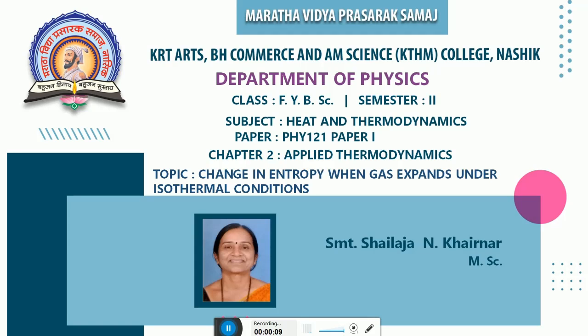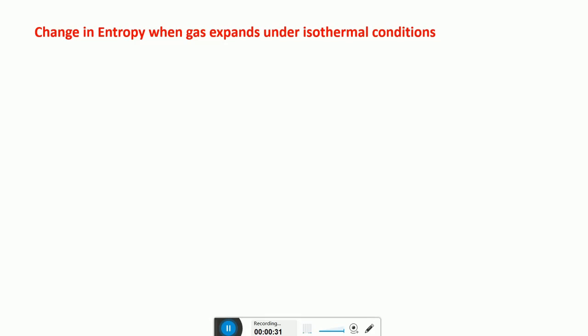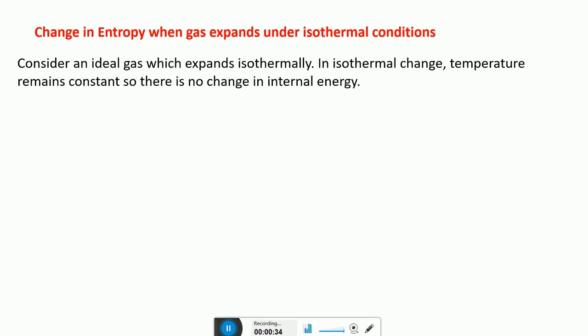Hello students, today we are going to study change in entropy when gas expands under isothermal conditions. And we know that isothermal means temperature remains constant. For that, consider an ideal gas which expands isothermally. In an isothermal change, the temperature remains constant, therefore there is no change in internal energy, meaning dU is equal